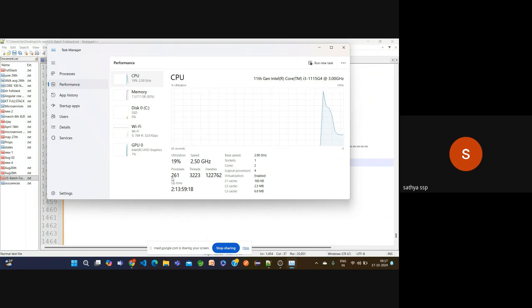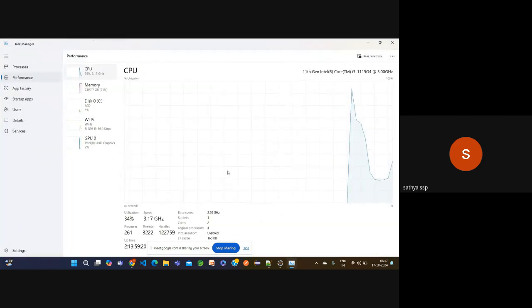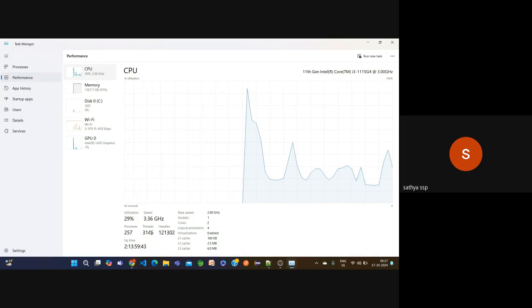These processes have around 3,000 threads doing 1,22,000 tasks. Every microsecond, multiple applications are executing simultaneously through these threads.